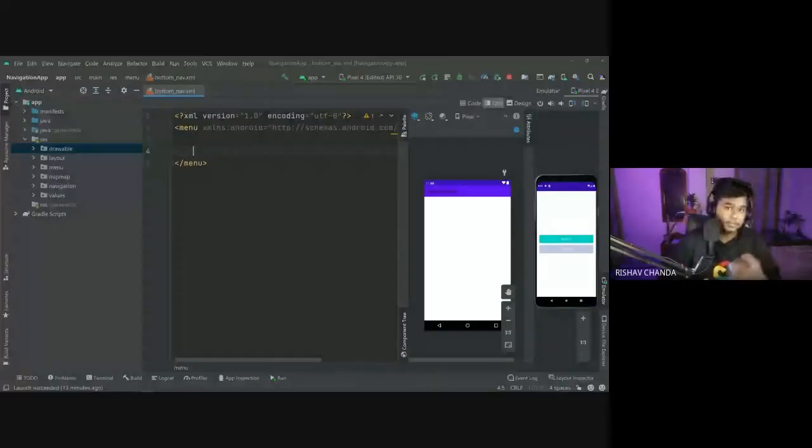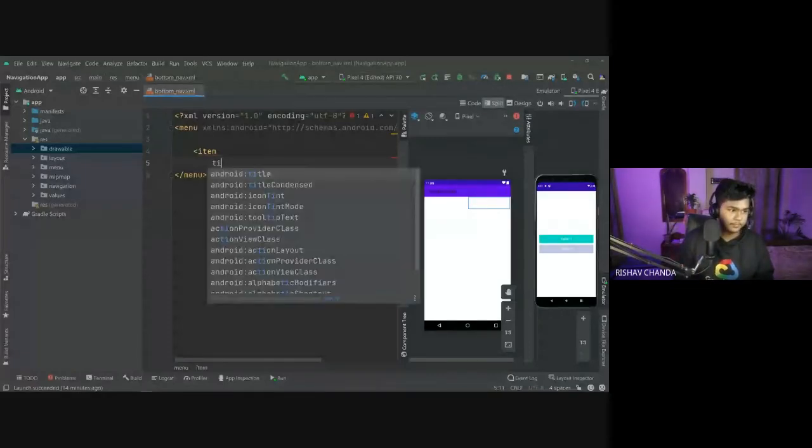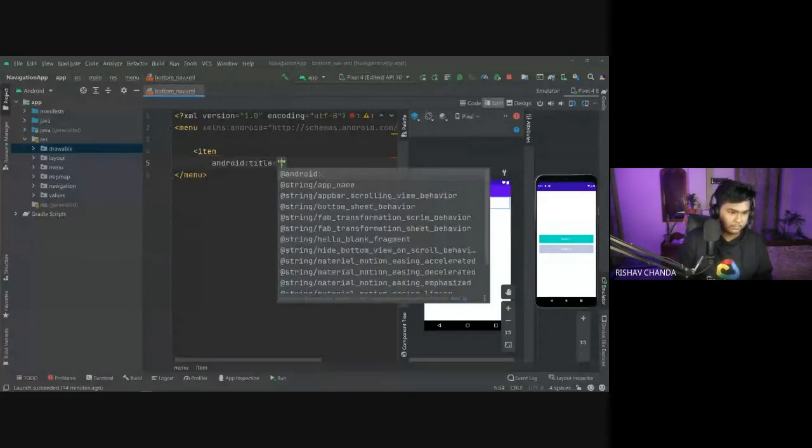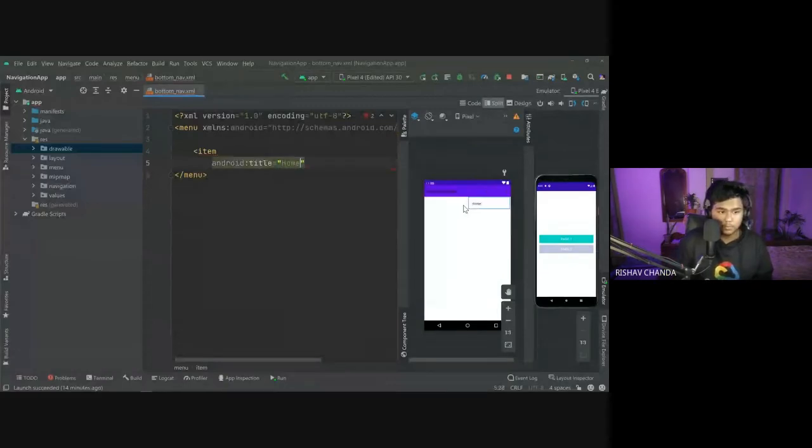Now I would like to create the items that I want in that bottom navigation bar. So to create the new items, I would write this one item. Then I would like to give the title, which is the name of our menu. So it would be like title, and I would give it home. And on this side you can see that home is coming here in this menu option.